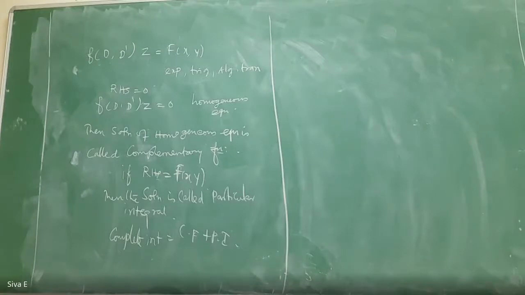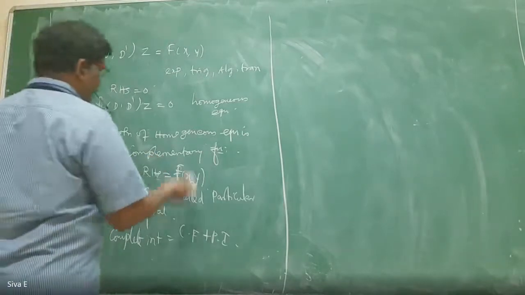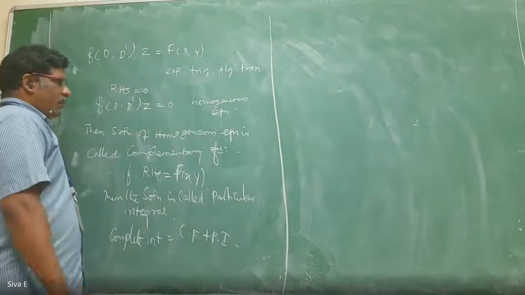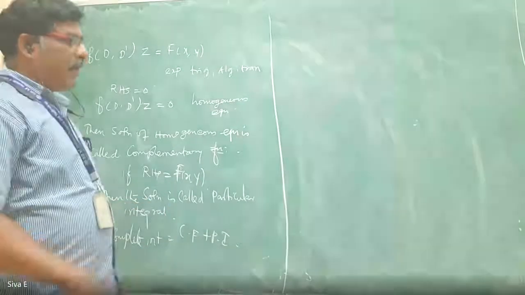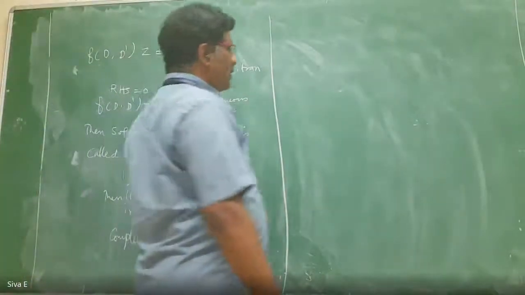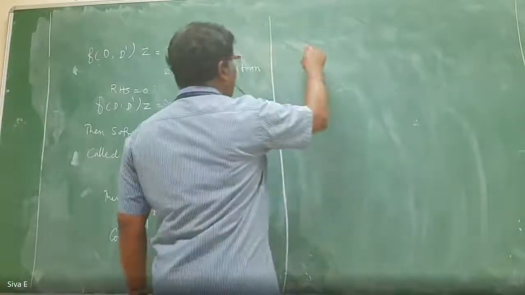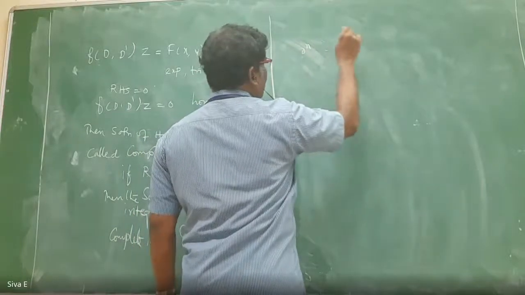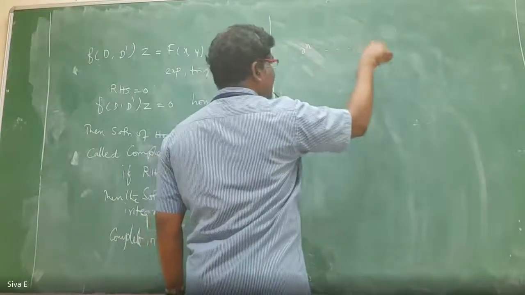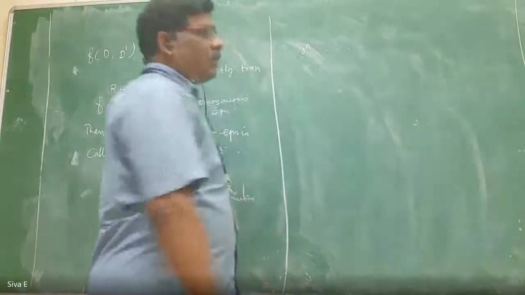But here, homogeneous means the ordinary differential equation we have written is different. If the right hand side is equal to 0, then it is homogeneous. When the right hand side is not equal to 0, it is non-homogeneous. Actually, in the PDE, the author mentioned that in case every term has ∂ power n, ∂ power n, ∂ power n, that means all the terms have the same power, then it is called a homogeneous PDE.